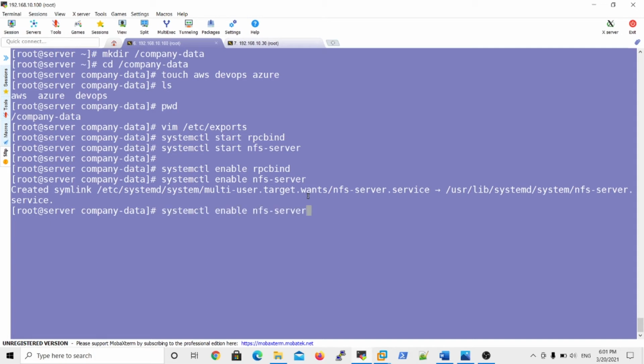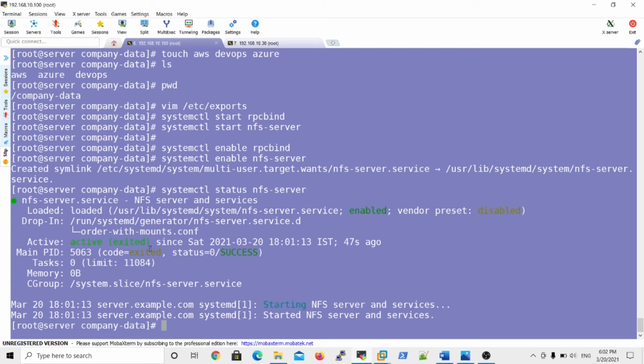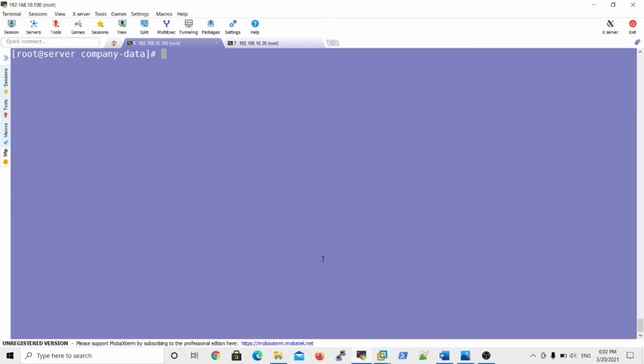Finally, how to verify the status, whether the NFS server is running or not? systemctl status nfs-server. Perfectly, the NFS server is in active state, so the server is enabled and also active. This is the configuration of the NFS server. Okay, the next important thing.